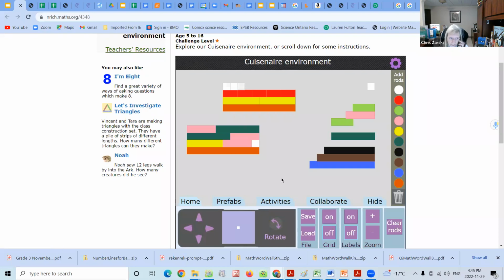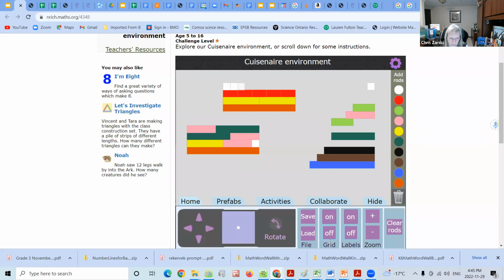Just getting the kids on here or putting the Cuisenaire rods in front of them is even better if they can just have it on their desk. That would be the important piece. It isn't important for them to know what the number is, not initially. All they need to know is I have long and short rods, and I can combine them in a variety of different ways. If you need them to figure out how long they are and they haven't connected that 10 whites across makes the orange one 10 units long.